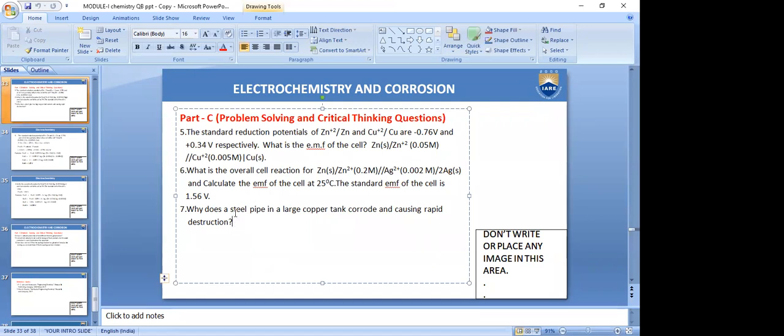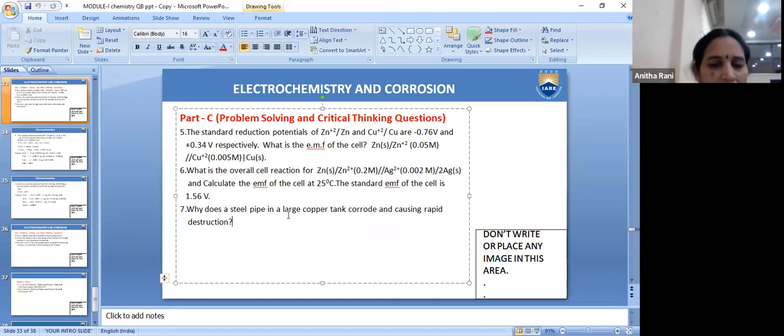Yes, ma'am. A small steel pipe is fitted in a large copper tank. The small steel pipe will undergo corrosion. Why? Causing rapid destruction. Why? When we consider the anodic areas, if there is a small anodic area and a large cathodic area,